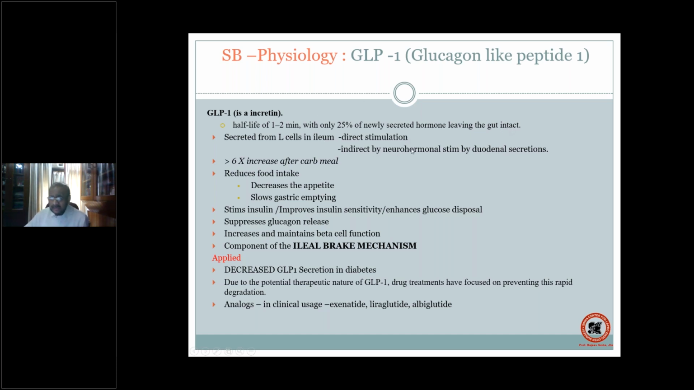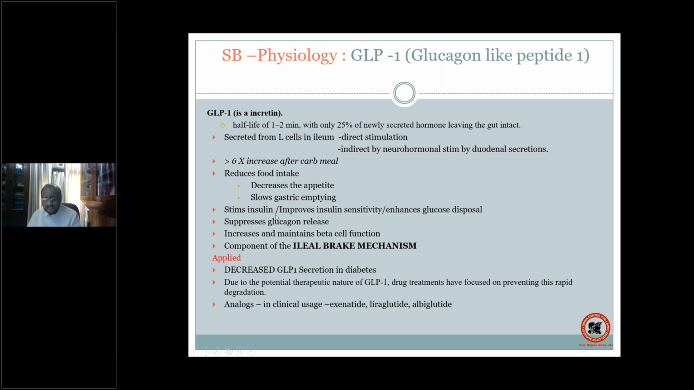I just now told you, indirect neurohumoral stimulation, hormonal stimulation, right? There is a 6-time increase after a carbohydrate meal. See, this is very important. You have a carbohydrate-rich meal, and you find there is a 6-time increase in your GLP-1 level. What does it do? Number one, it reduces food intake, decreases appetite, slows gastric emptying, stimulates the insulin,